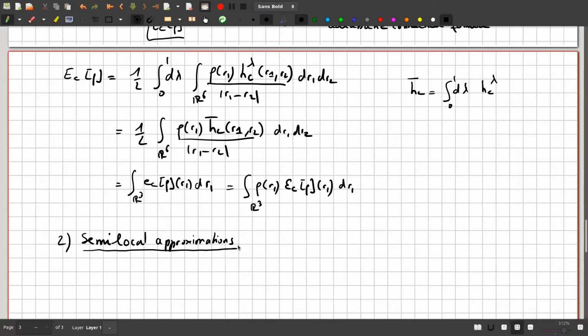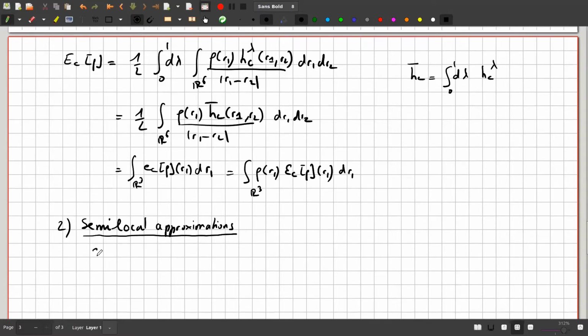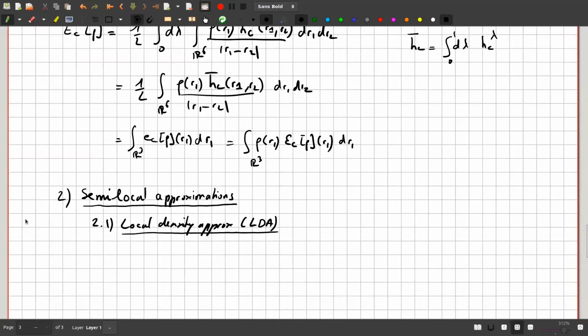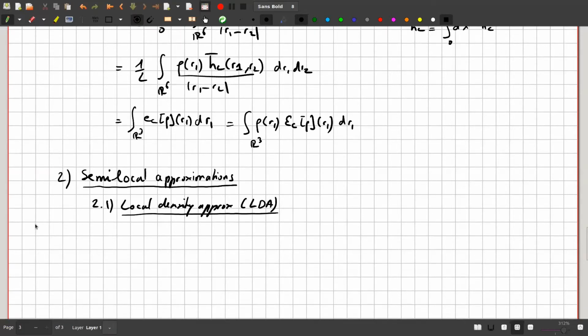Okay, so these semilocal approximations, well, the first approximation in this family is the local density approximation, LDA. So that's really the first approximation that was considered really at the origin of DFT, and is still a very relevant approximation. So the idea is